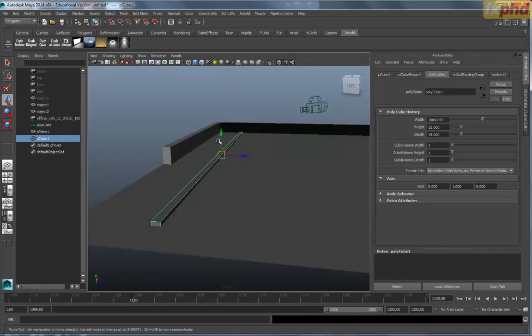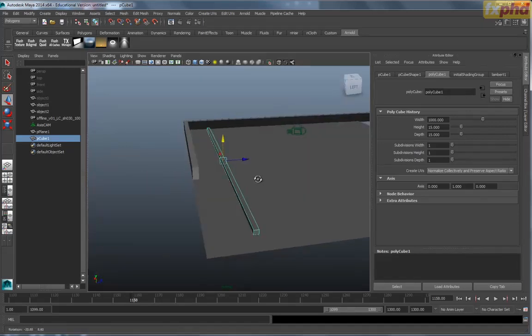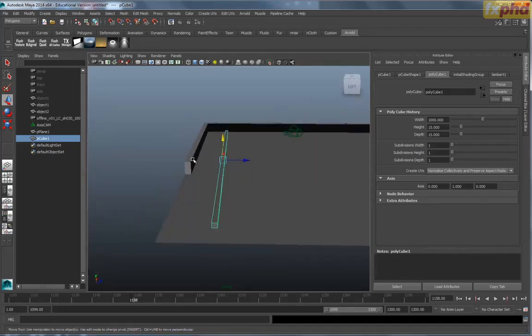So you see it's a bit smaller. Let's just make sure that we're putting it on the ground, and it's okay to intersect a little bit. And let's just push it to the edge of the plane,